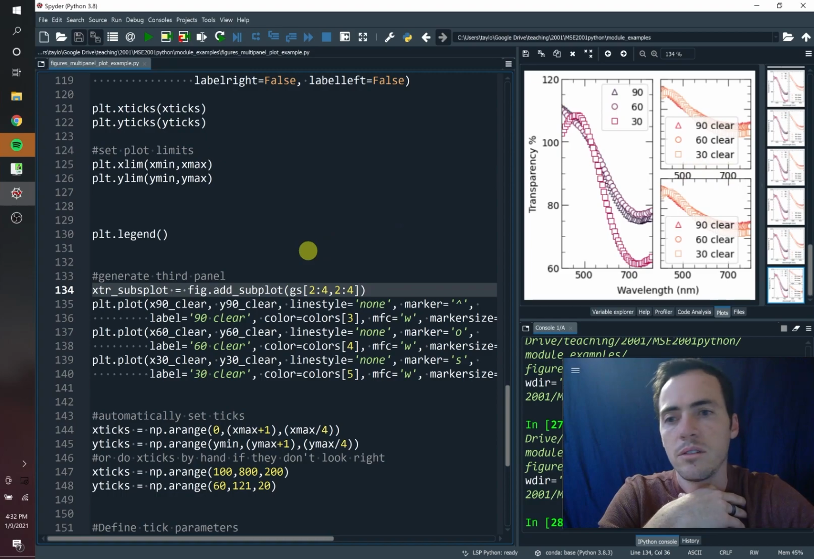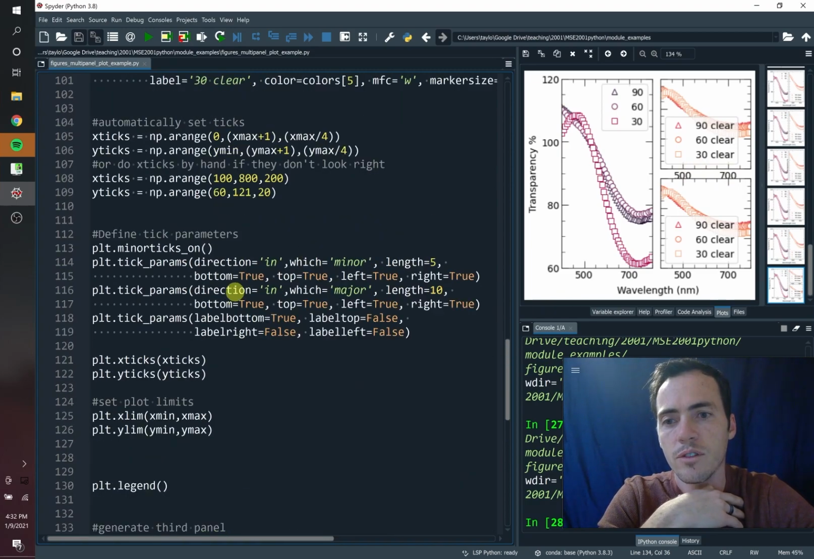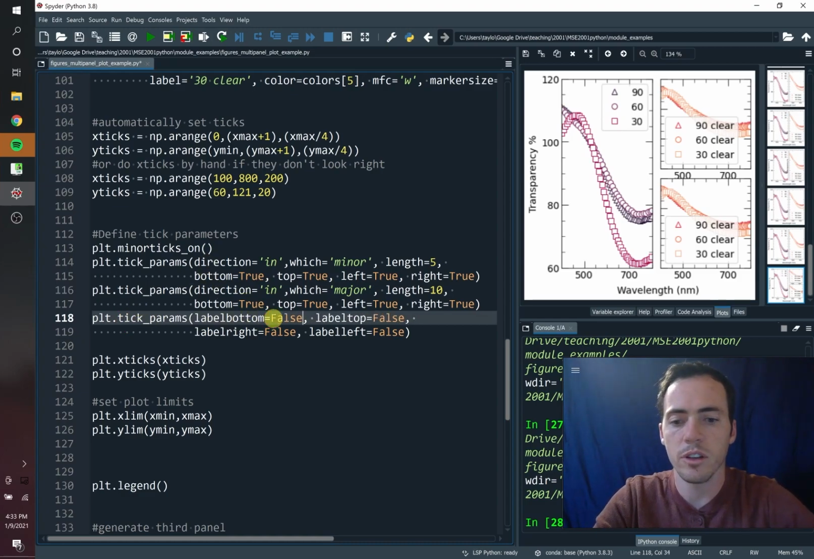So let's go to panel 2, right, and turn those off. So we're going to go to our labels. Right now, this is panel 2. The label bottom is set to true. Let's set that equal to false. Like, we don't need that there,